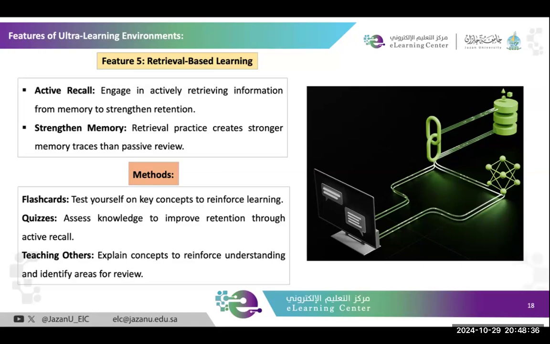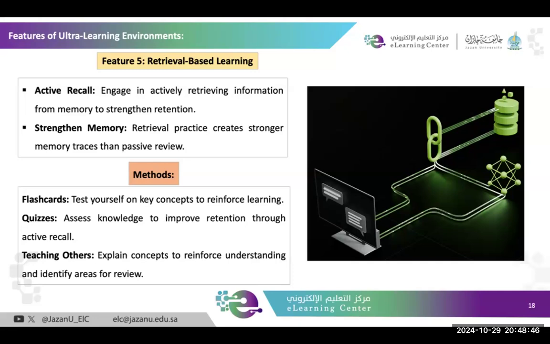So this is the best way inside the classroom. You can use these kinds of methods: flashcards, quizzes, or teaching others. You can ask after 5 or 10 minutes some of the students some questions. Okay, repeat the lecture I am delivering. So see the difference and see the results, because we just did the practice. Like I did it with you, and I believe the ones who responded to me in the chat box retrieved a lot of different ideas and information in their mind.